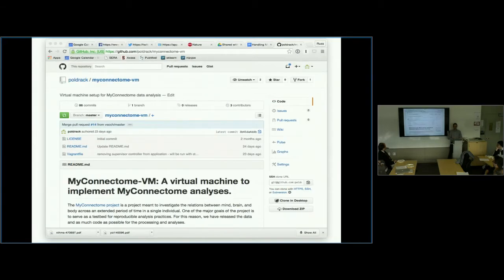So we did this in the context of the My Connectome project, which was a study where I collected data over a year and a half, imaging data from myself and genomic data. So we ended up with tons of data, tons of analyses, a really complex workflow. And I started out wanting to do it in a reproducible way just because my colleagues from WashU who were doing the processing of the imaging data, a couple times they came back to me and said, oh, we've kind of changed the atlas, so here, we had to redo everything, here's the new data. So having to go and run all of these things over again without it being just a push button thing was really onerous. And so that's the first thing that drove me towards doing this,